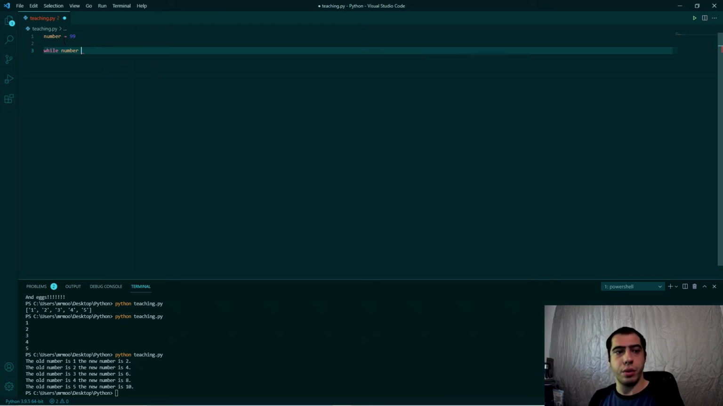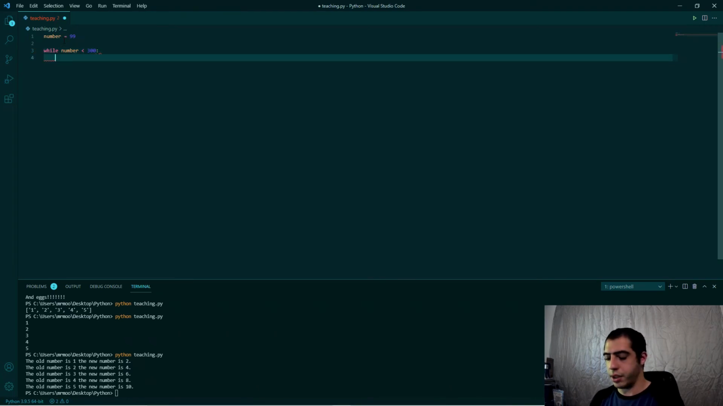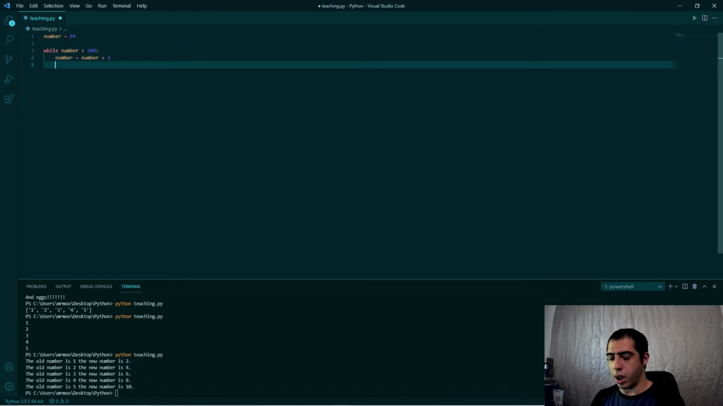Fun fact, whenever you see exclamation point equals, that's not equal to in Python, so that's how that's written. But what we're doing here is while number is less than 300, always make sure you have your colon right there. While number is less than 300, make number equal to number plus 2, and then print